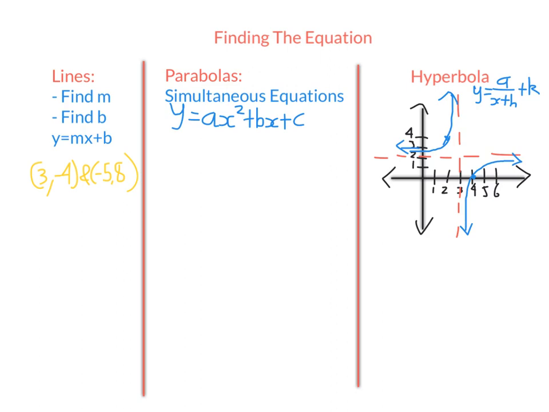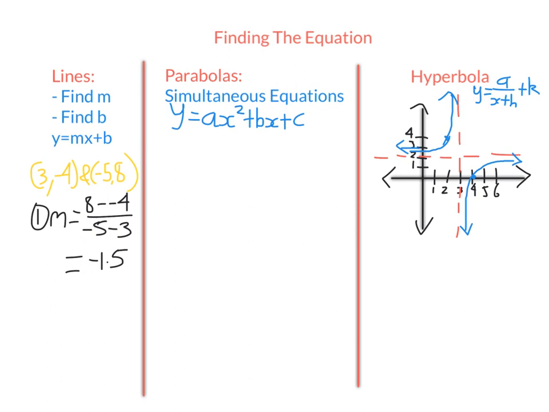So the first step we're going to do is to find the gradient. Because we're given 2 points, we use the 2-point formula. M equals y2 minus y1 over x2 minus x1. So we get 12 over -8, which is -1.5. That's the gradient. So that means for this line, each time you go across 1 to the right, you'd go